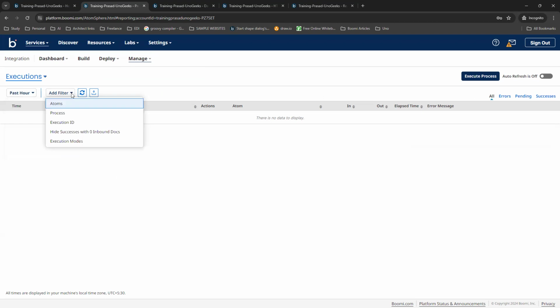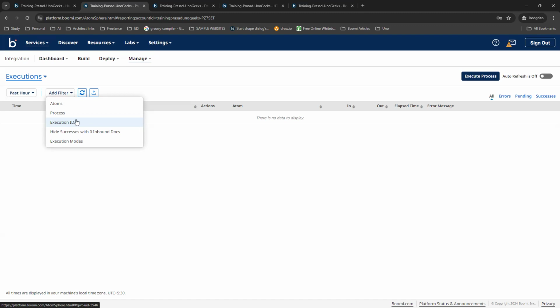You can give your options around atom-specific to find those executions process, and then specific execution IDs. So at times, as a standard practice, what we do is when we create integrations and when we create our error mechanism scenarios, we also try to send execution IDs within the error notifications or error emails we are sending out, so that if some error is being figured out or being notified to a stakeholder, and they want some